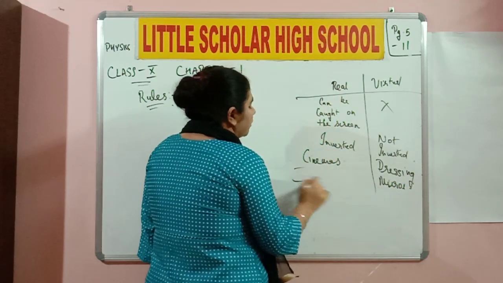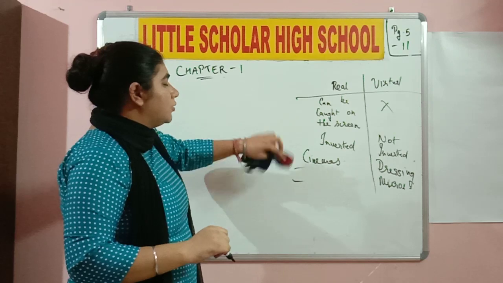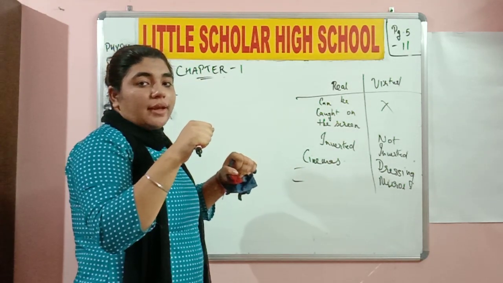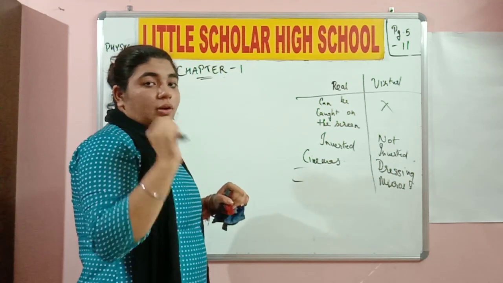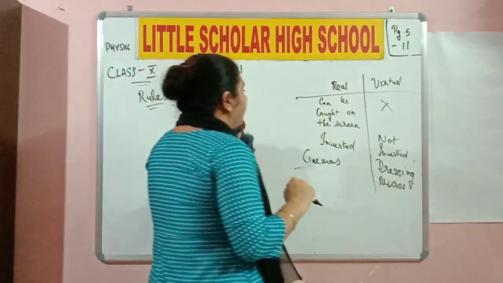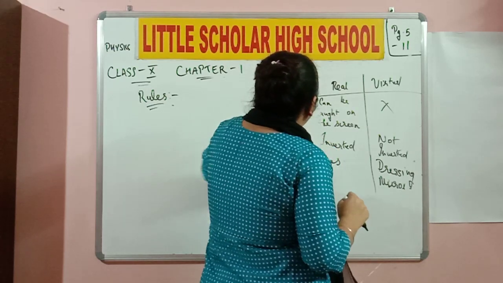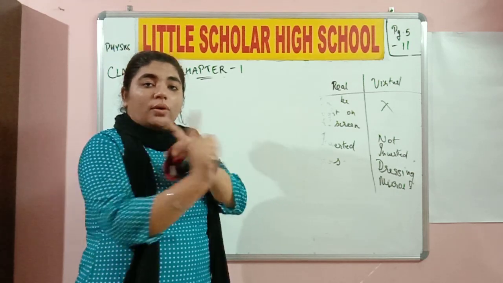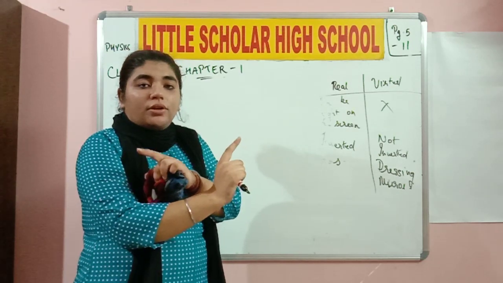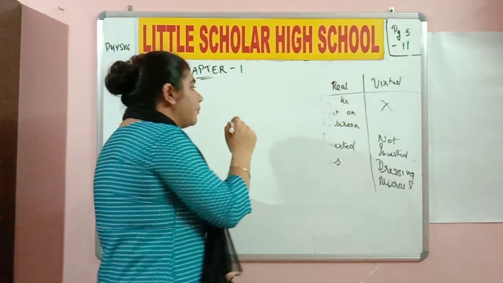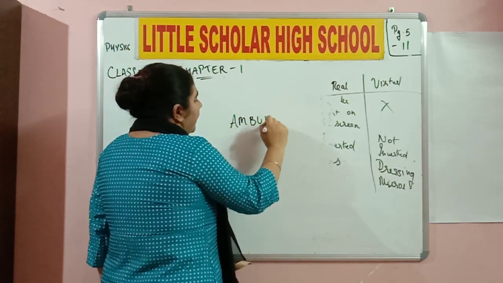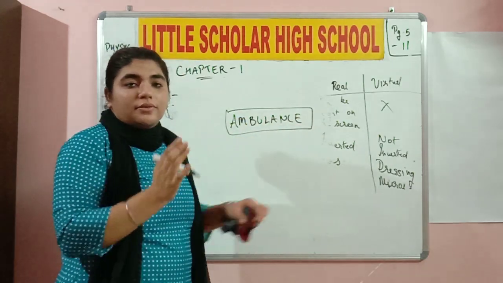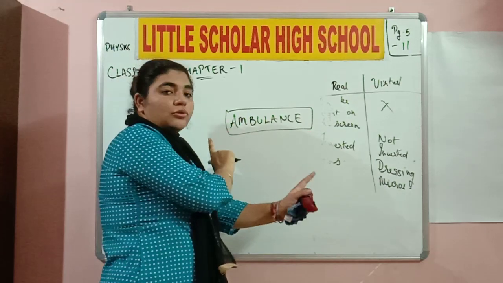The car view mirrors also. You need to think about it. When you sit inside the car and you're using the steering, there is a car view mirror. Think about whether it is real or virtual. Fine. It definitely gives you a real image. That is why on ambulances, the word is written in an inverted format, the lateral inversion. They don't write AMBULANCE the correct way on the plate of ambulance buses. They write it in a laterally inverted way.